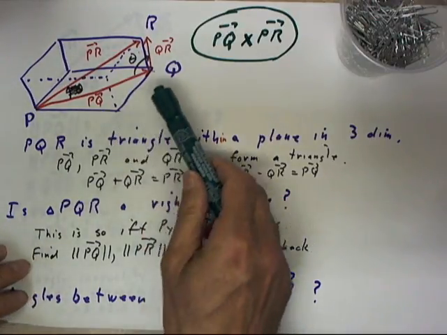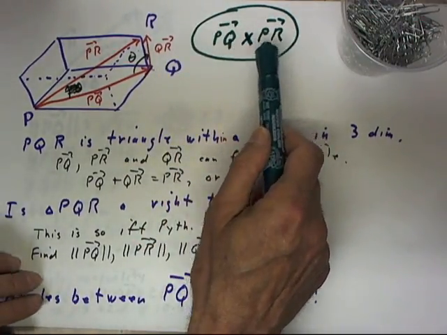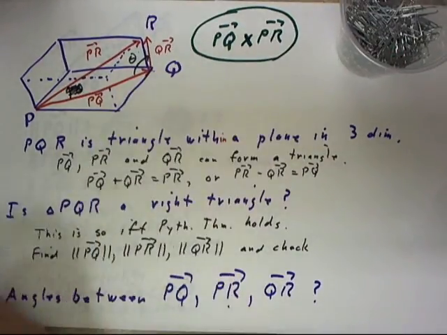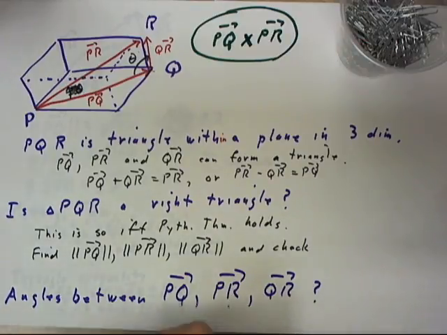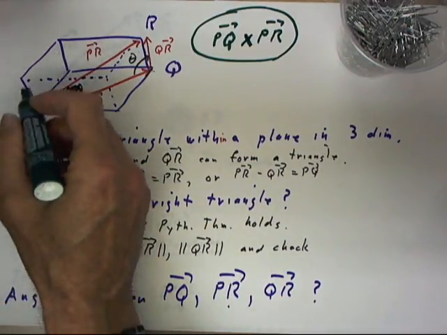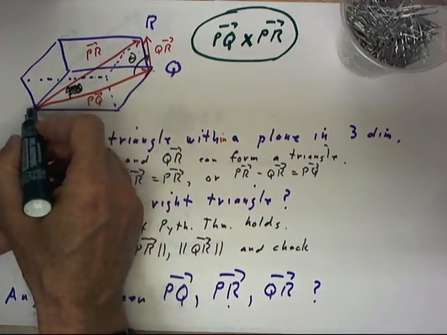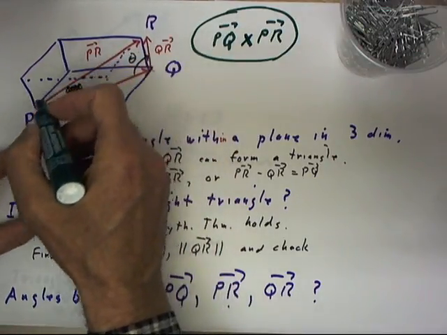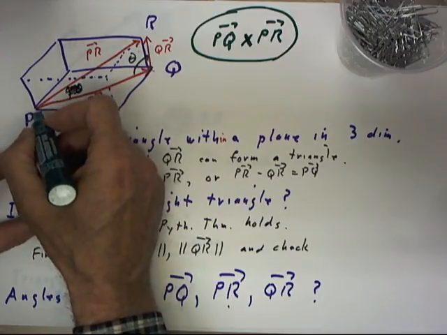Now we want to think about the vector PQ cross PR. Now the cross product of two vectors is perpendicular to both of those vectors. It's only defined in three-dimensional space. And if we orient ourselves here, if we take PQ and cross it with PR, it's going to be perpendicular